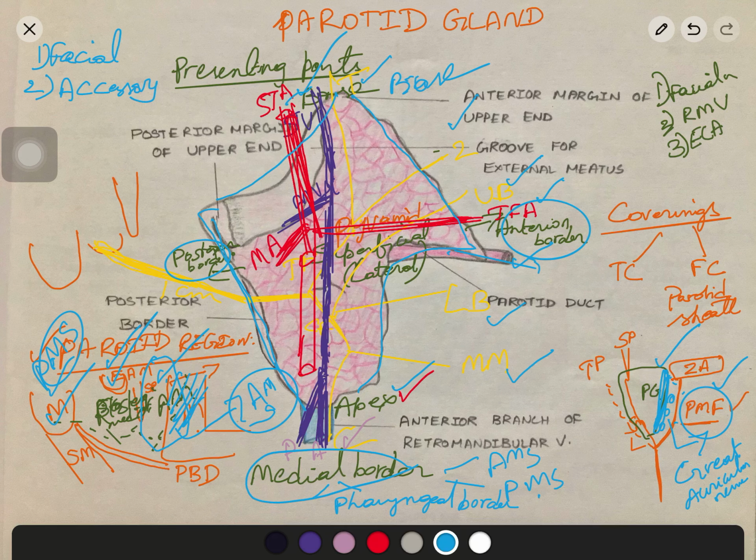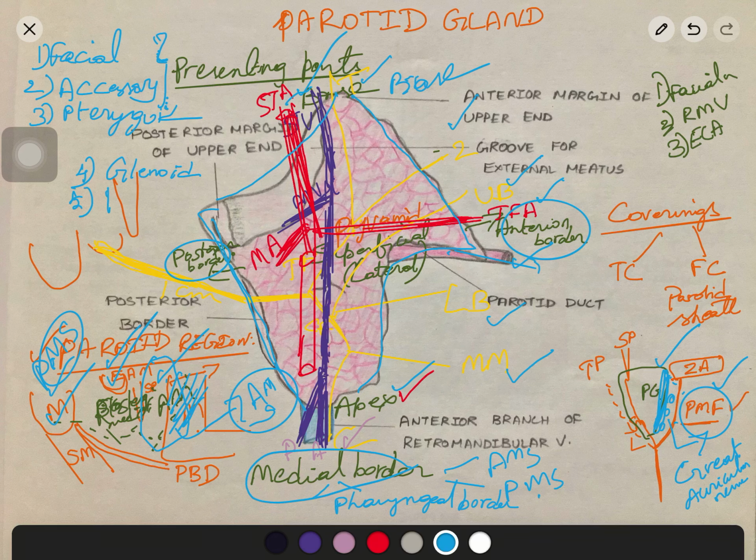Then the accessory part of the parotid gland and its duct. It is a small part of the facial process detached from the main gland, between the zygomatic arch and the parotid duct. So facial and accessory are present over the anterior border. Then the pterygoid process, which is sometimes present. It is a triangular process that extends forward from the deep part of the gland between the mandibular ramus and the medial pterygoid muscle. Otherwise it is in the anteromedial surface. So that is the pterygoid process.